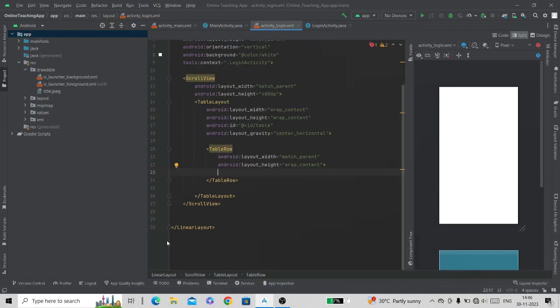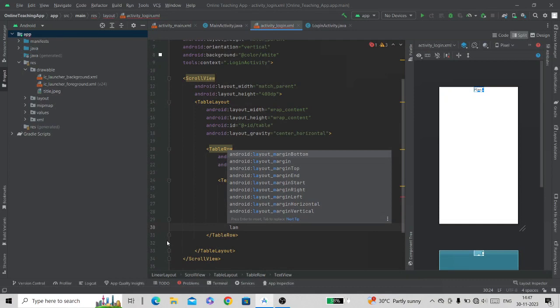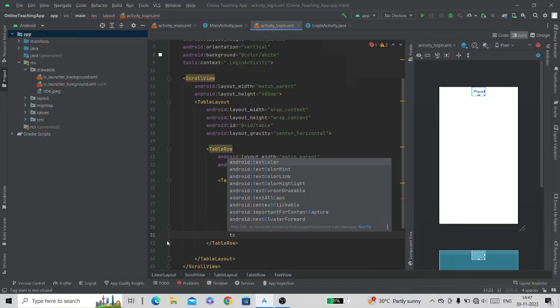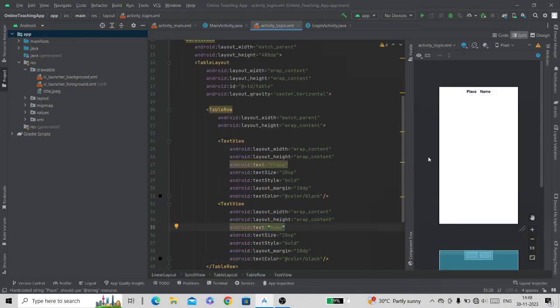Inside this table row we will add text views for name and place. Now we know how to add rows in table layout.